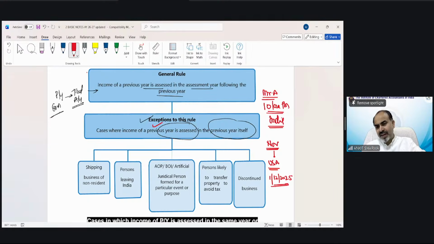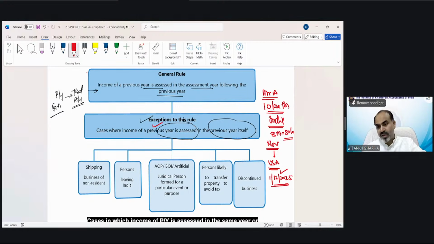So in this year, from April, May, June, July, August, September, October, November, for those 8 months, he has earned 80 lakh rupees salary in India. So now when he is leaving to USA in December 2025, he has already earned 80 lakh rupees income in India. And now he will earn income outside India. So when he is leaving India, the income tax department will ask him to pay tax on this 80 lakh rupees. So what will be his excuse?